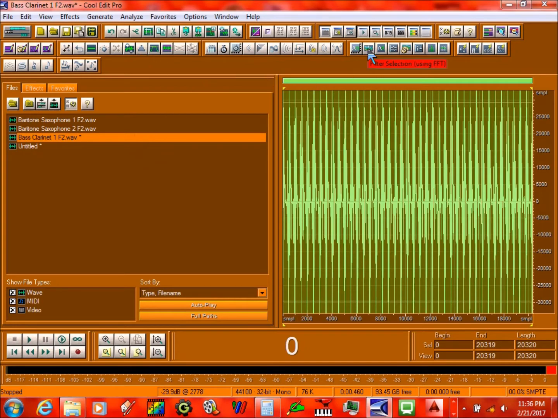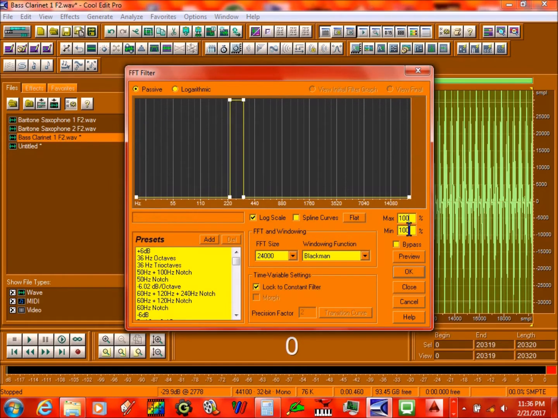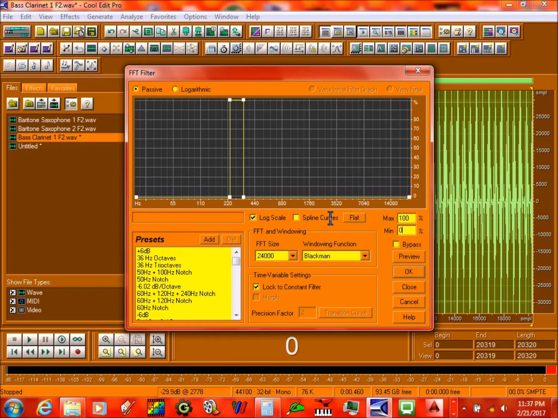right here. Yeah, this one right here. And then what you want to do is make sure it's at 100. This is at 0. And then you make it easy for me, I'm going to press flat. And I'm going to drag this corner all the way at the very top. My mouse cooperates. Click on spline curves,